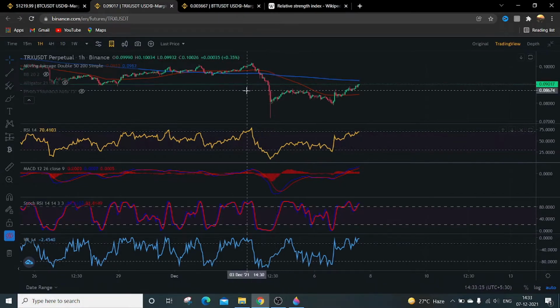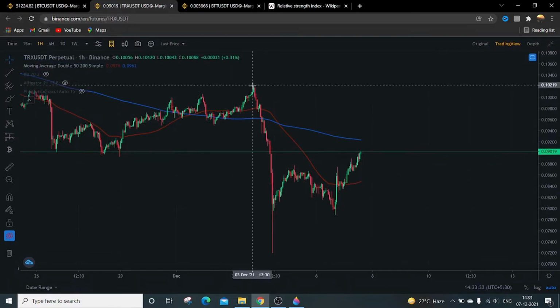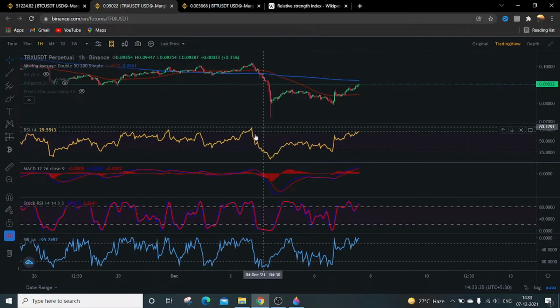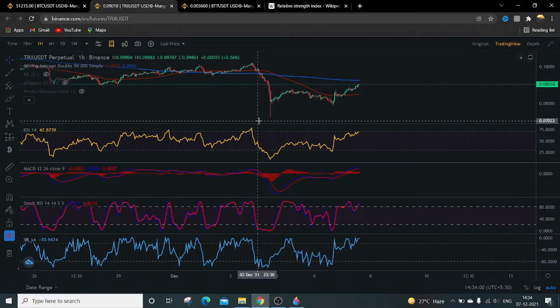Now to take a short position, you can see this area. This is going in the downward direction. The RSI level at this point is 74, which has crossed over the 70 line. That means we can consider this an overbought condition, right? Overbought condition means the bears can take charge now. That means the bulls are losing their strength, and the market price will fall subsequently. That is the most probable